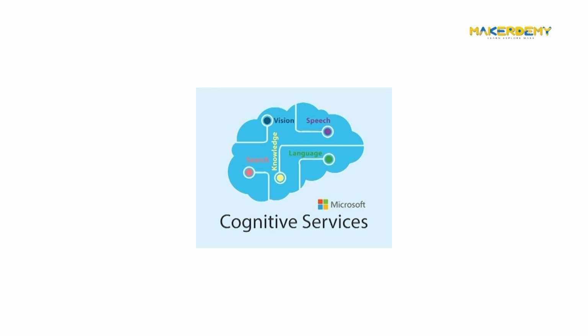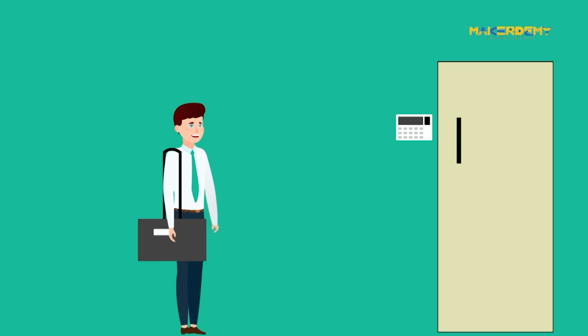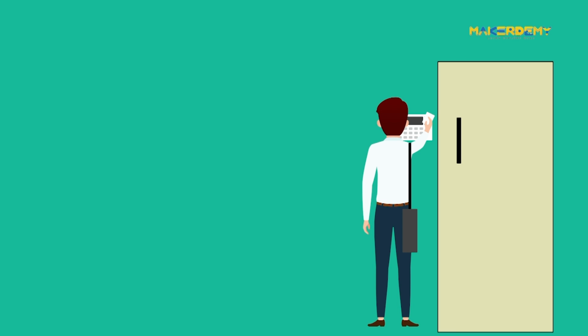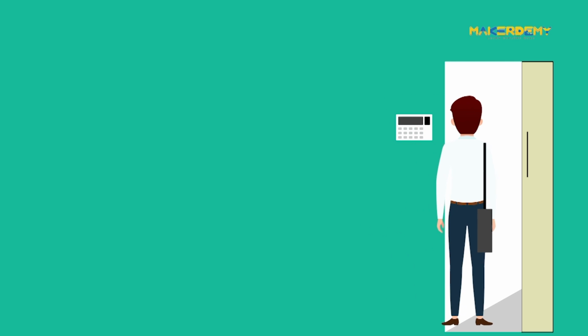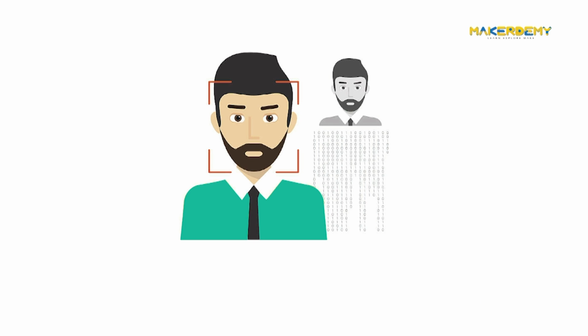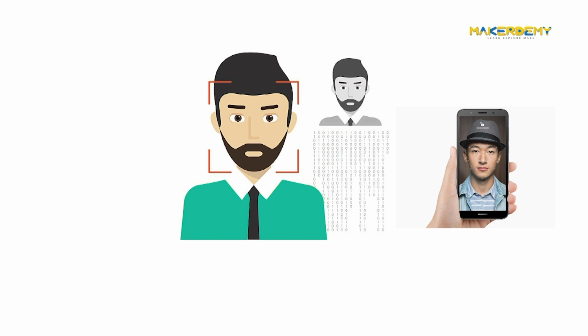The Face API provides algorithms to detect and identify the images sent by us. In this case, let's say an employee comes to the office. Mostly, workspaces will have biometrics or card readers to check attendance and let the person in. Here, we will be using face recognition like the face unlock feature on your phone.